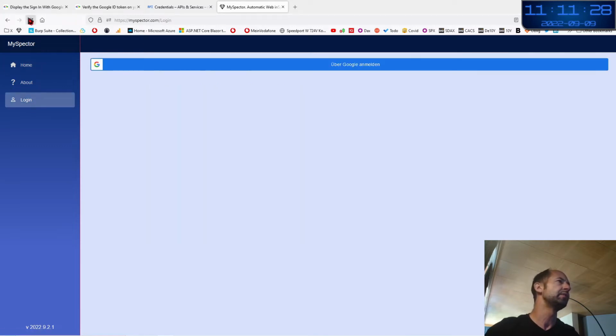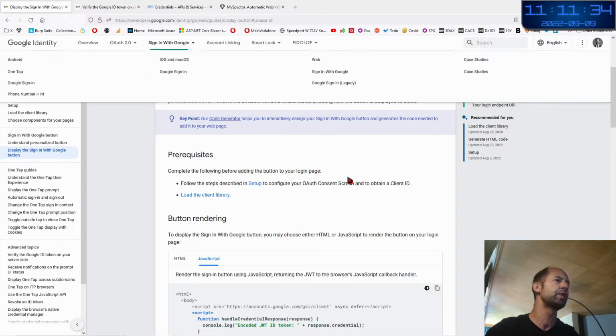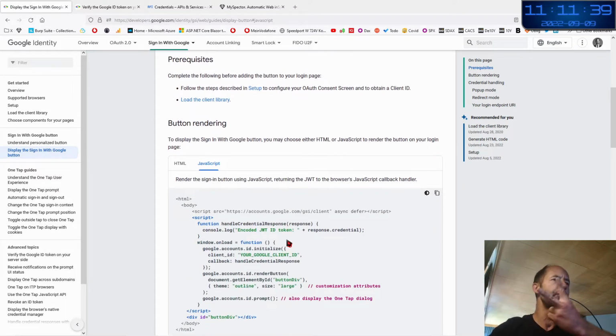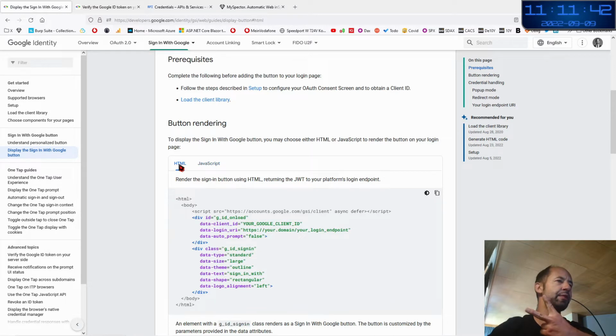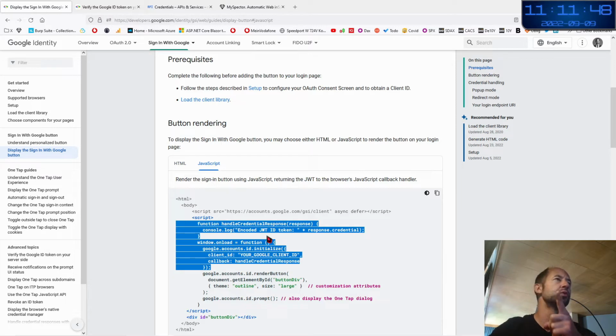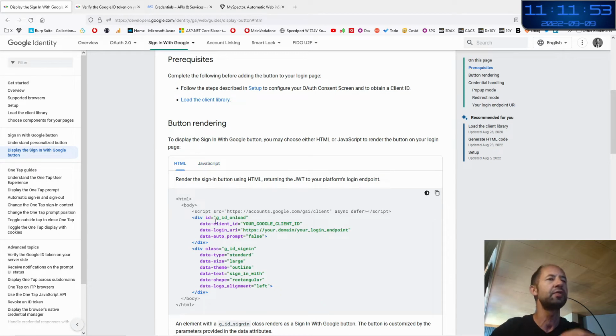Very first thing. You see here there is a Google button. There is a documentation of Google, where Google is speaking about its button. There are 2 frameworks: an HTML framework and a JavaScript framework. The first issue that you encounter with Blazor Server is that the JavaScript framework is loading a JavaScript file, the client, and this is modifying the DOM, so Blazor is exploded. So you cannot do this.